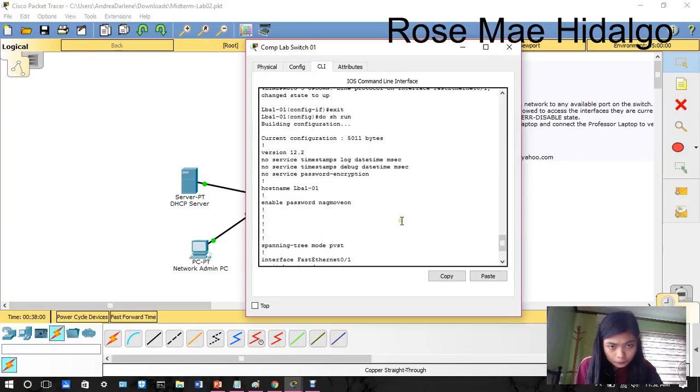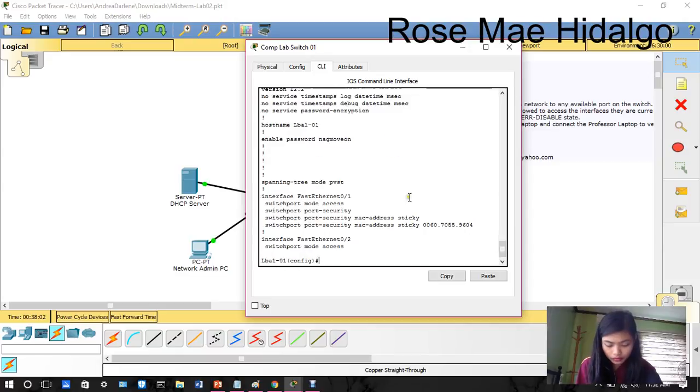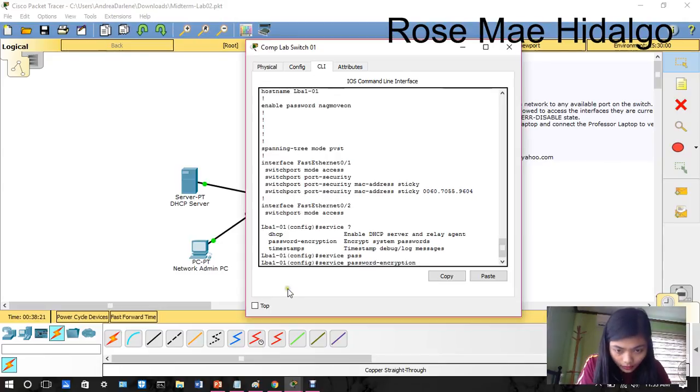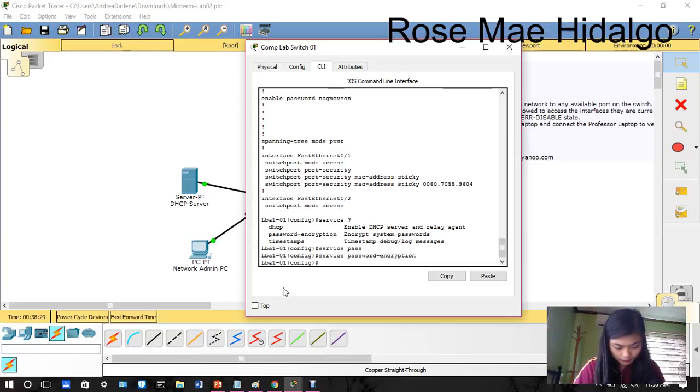Exit to H1, then service, let's try what command. Service password-encryption. So service password-encryption. So that's it.